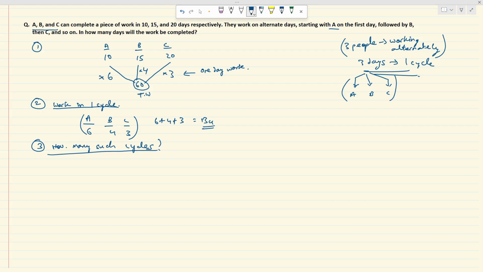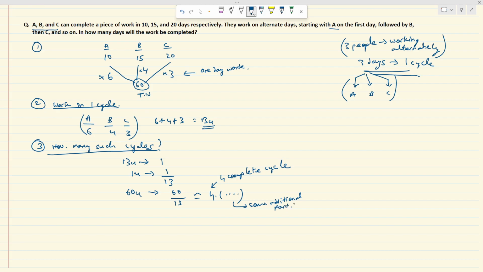How many such cycles will we require? 13 यूनिट काम करने के लिए एक साइकिल लग रहा है, एक यूनिट काम करने के लिए 1/13 साइकिल लगेगा, एंड टोटल 60 यूनिट्स है मेरा वर्क, टोटल यूनिट वर्क। इसको करने में मुझे 60/13 साइकिल्स लगेंगे, राइट। 60 इज़ नॉट डिविजिबल बाई 13, लेकिन इसको डिवाइड करेंगे तो इट विल कम अराउंड 4 पॉइंट समथिंग। तो इसका मतलब क्या है, आई विल रिक्वायर 4 कंप्लीट साइकिल, 4 कंप्लीट साइकिल चाहिए मुझे, और सम एडिशनल पार्ट, सम एडिशनल पार्ट बचा रहेगा जो इंडिविजुअली ए बी मिलके कर देंगे।